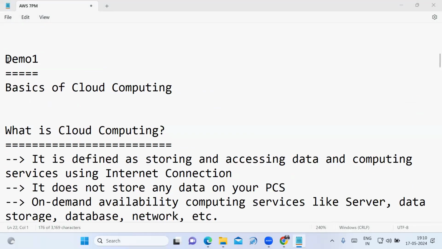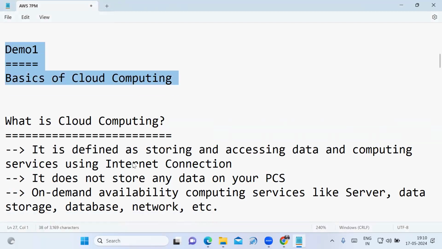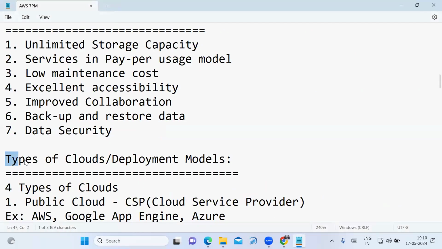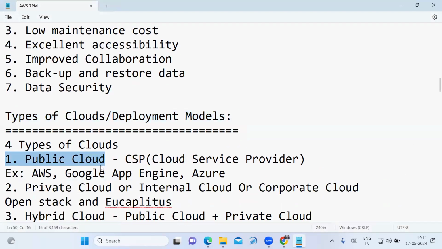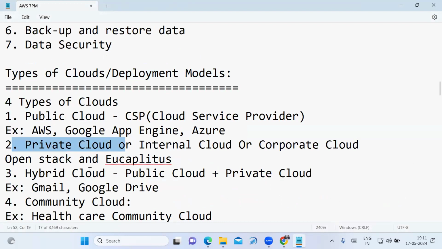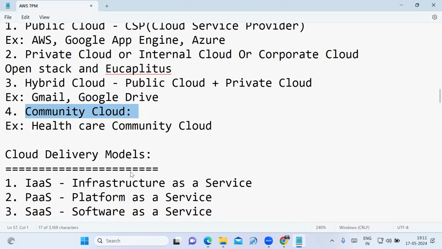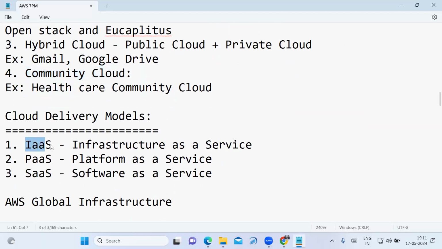Now, on day 1, we discussed the basics of cloud computing. That is, what is cloud computing? What are the advantages of cloud computing? The different types of clouds or the deployment models. There are 4 types of clouds we discussed: public cloud, private cloud, hybrid cloud, and community cloud. Those are the types of clouds or the deployment models. And also cloud delivery models. There are 3 types of delivery models: infrastructure as a service, platform as a service, and software as